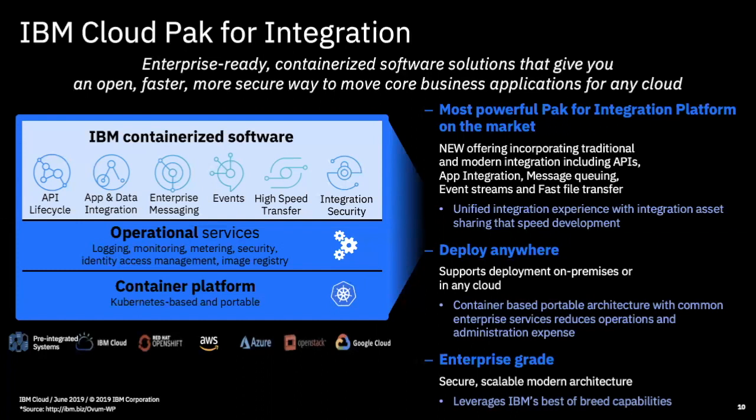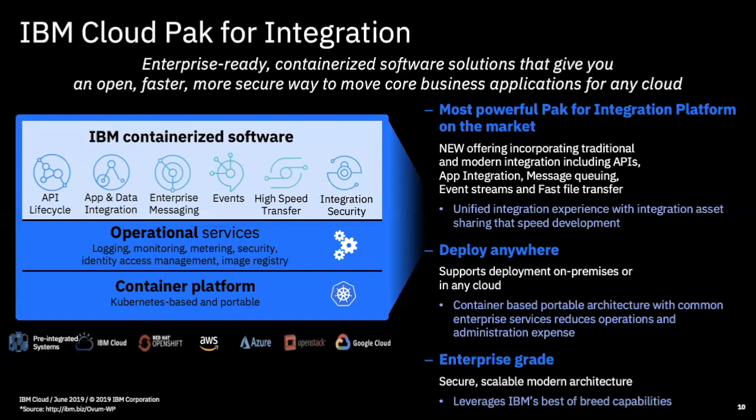Second here that's really important is that ability to deploy anywhere, as we mentioned before, and the fact that that deployment anywhere should allow for the uniformity and the consistency that we talked about. And then finally, enterprise grade. And when we're talking about enterprise grade here, that's not a throwaway term. We really are talking about that scalability wherever you are, that ability to have security wherever you are, and a means that you know is really going to give you what you need, that you can assure delivery of integration, and you can assure that the transactions that flow through the integration technologies are consistently scalable as well.